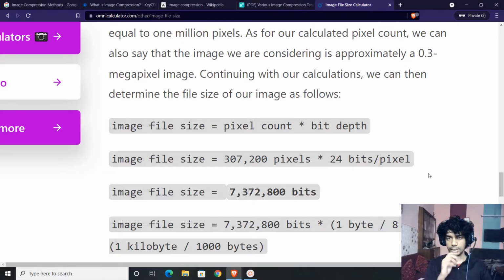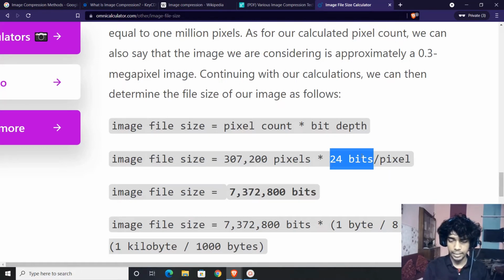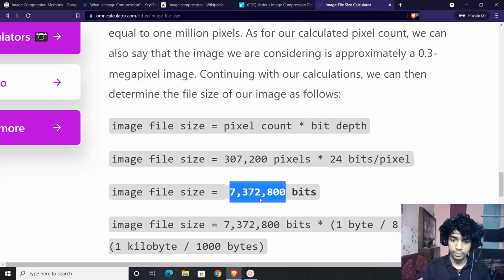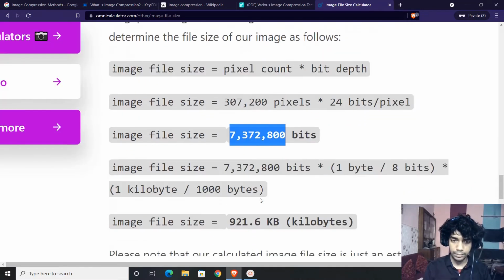So yeah. So let's say it is an 8-bit channel. Then you have values of bits ranging from 0 to 7. With a 256-level channel, which is usually the case, you will have values ranging from 0 to 255. So whatever the depth of the bits is, multiply the pixel count with that, and you'll have the total size of the bits. Now the answer is in bits.